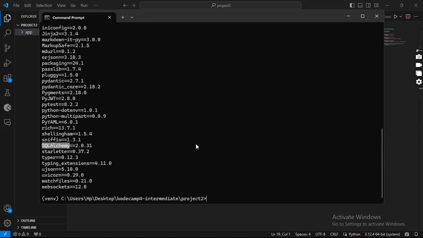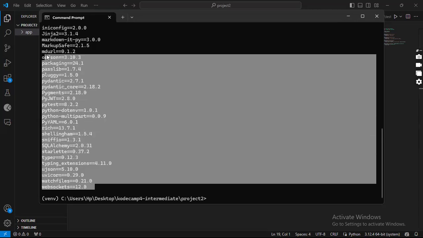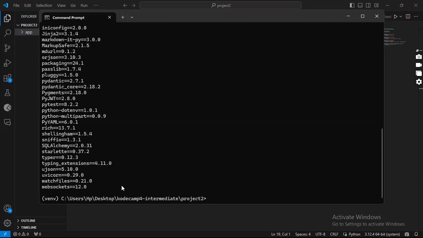So you can do it like this: you highlight everything, copy it, and then create a file not inside your app folder, but outside your app folder. Then you create a file called requirements.txt and put these dependencies there. You can do that, but you can also do this by simply typing the command pip freeze, followed by a greater than sign,